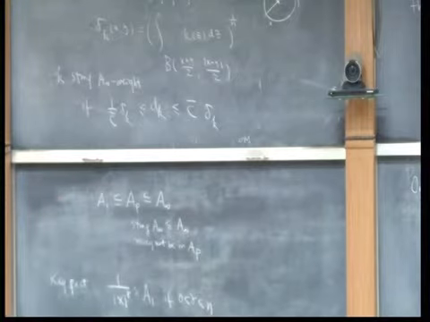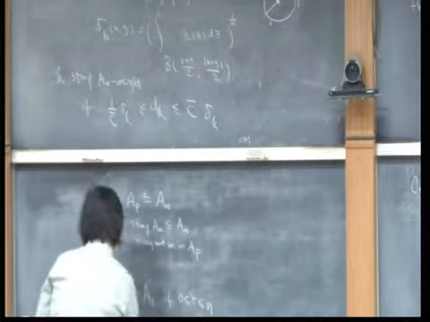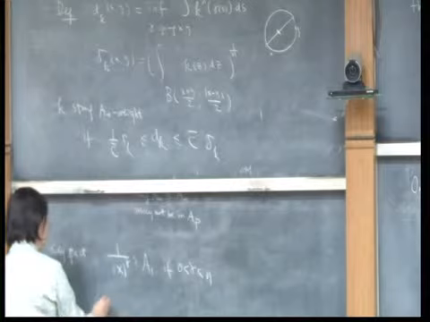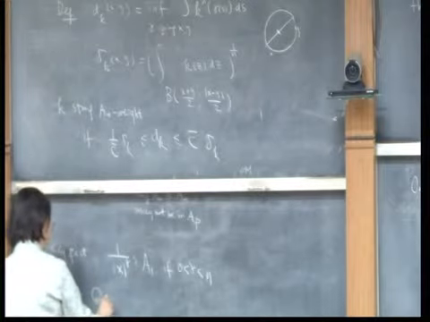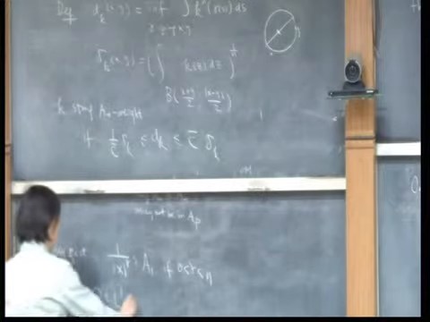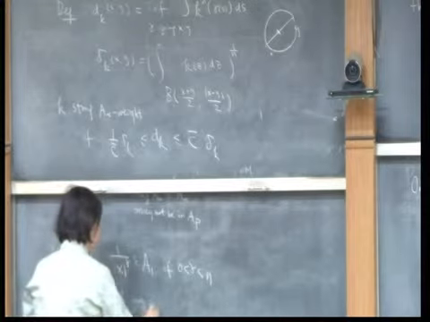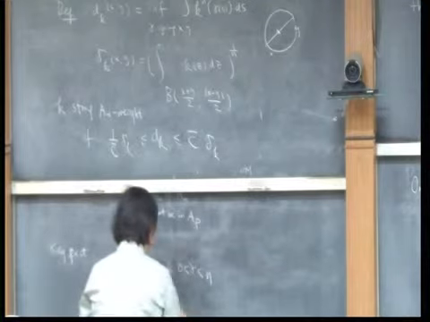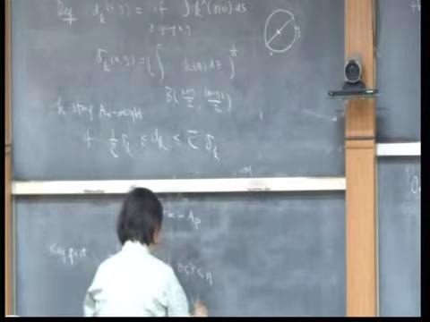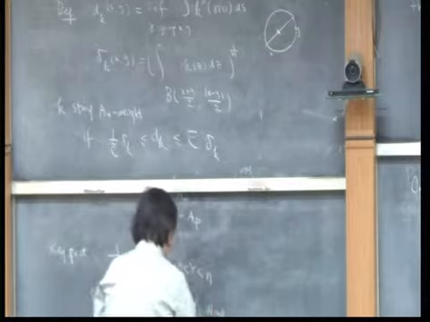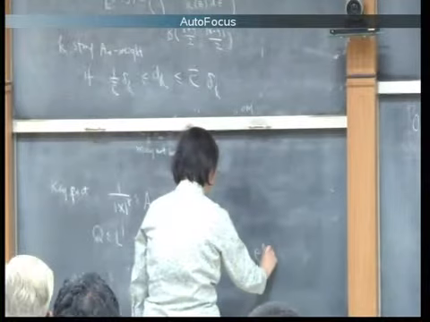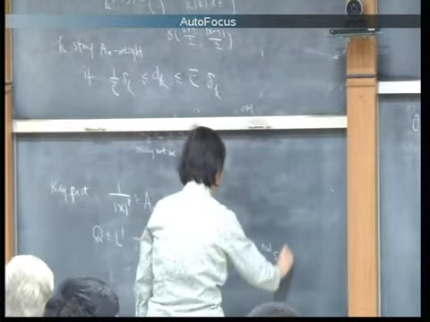And one of the key steps in Chang-Yang's theorem proof is that if Q is in L1 and g is a normal metric, then this would imply e to the nw is in A1 weight,